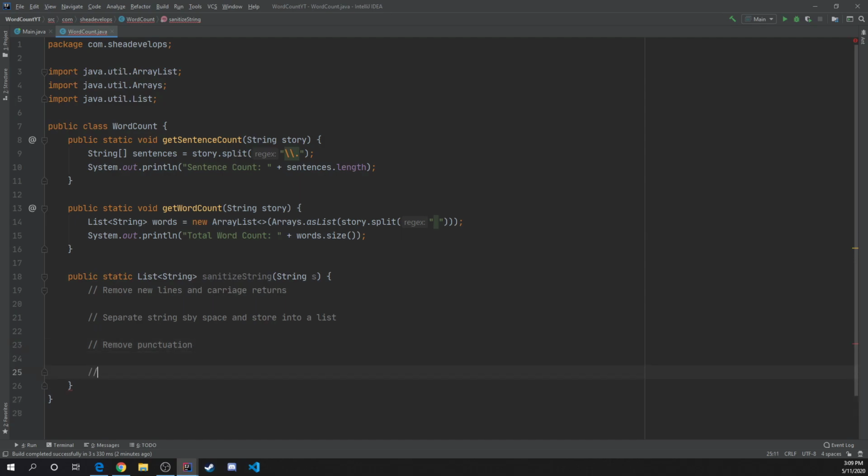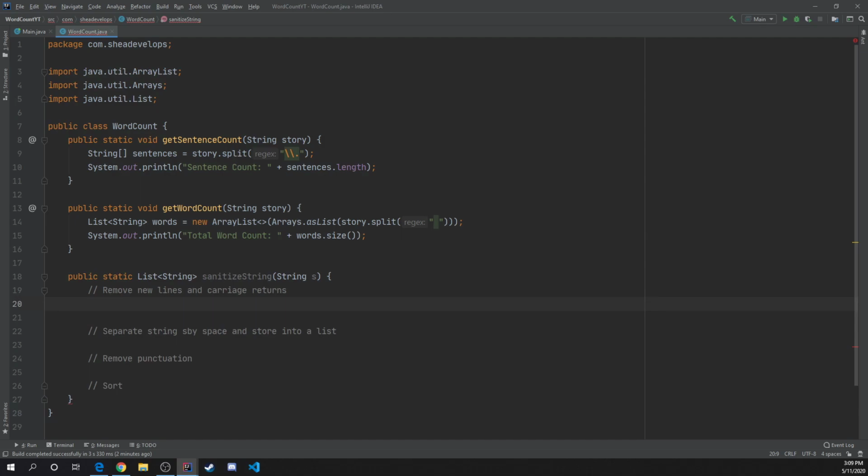And then the last thing we want to do is sort our data to get ready to start comparing the data whenever we go for our unique words. Okay, so the first thing I said I want to do is remove the new lines and